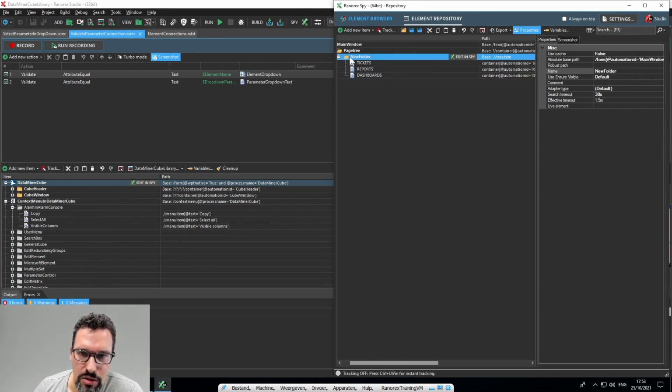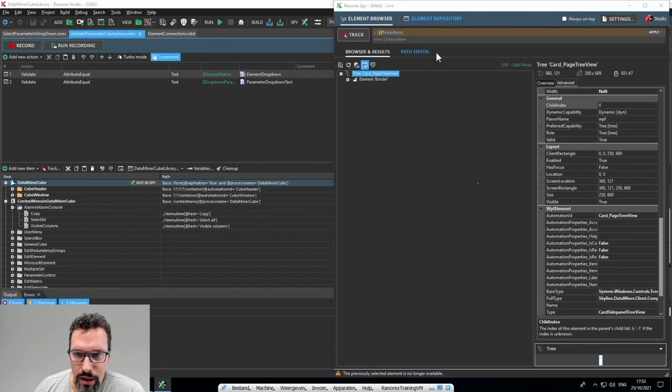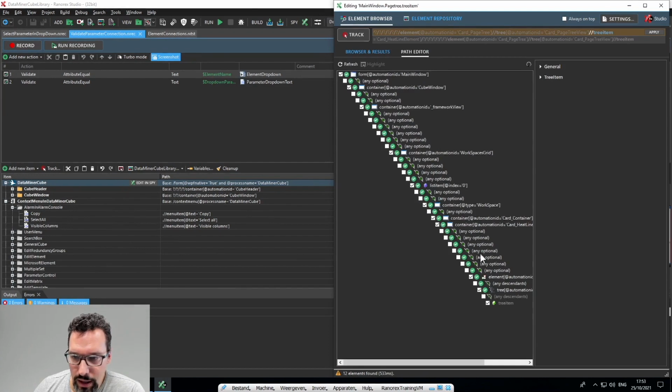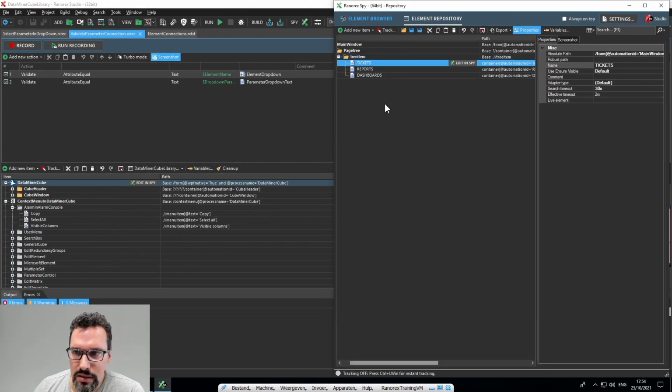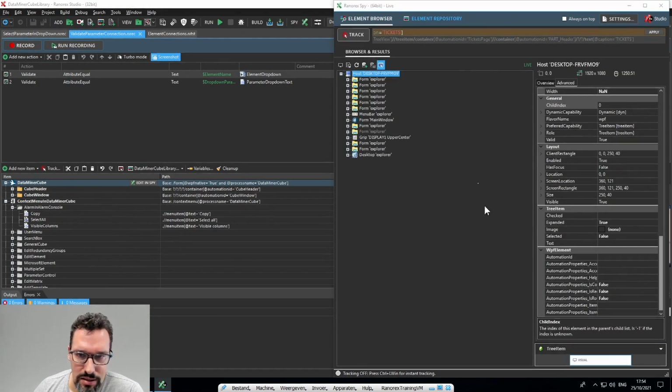So I can also rename this into tree item. And if I search the tree item, lots of things are found. And if I search for the tickets,